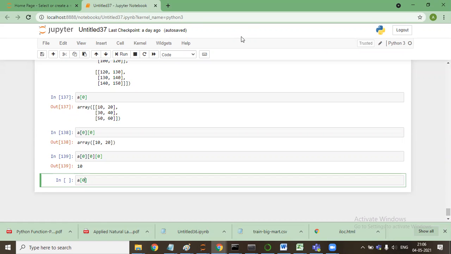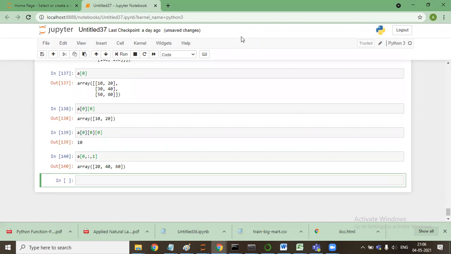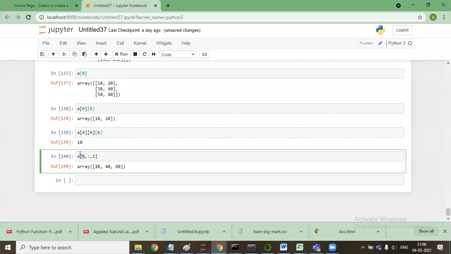If I say column 1, it will give me the values 20, 40, and 60. A[0] will select all the elements 10, 20, 30, 40. Then I said all the values and first column.